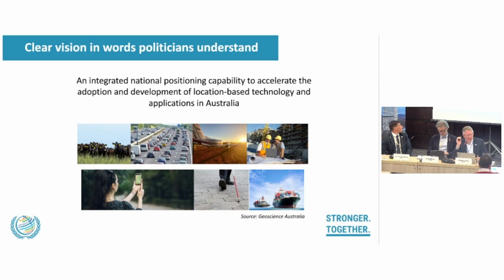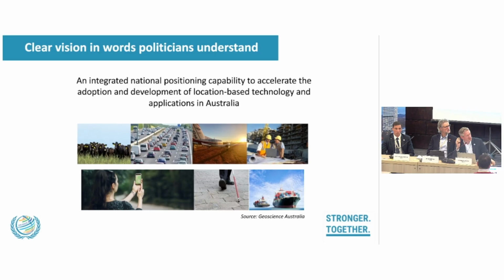Here's an example of how this was done in Australia. And there was a discussion that needed to happen in Australia, as I said, because the Australian plate moves so fast, and we didn't want to lose track or lose connection with ITRF and things like GPS positioning. So there was an initiative to develop a new datum and get a new positioning system for Australia.